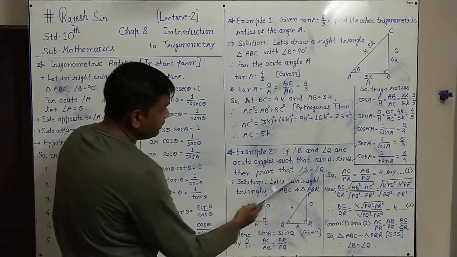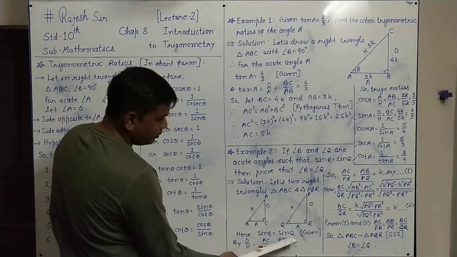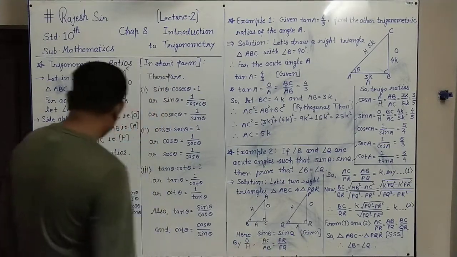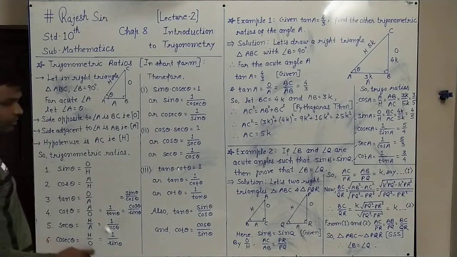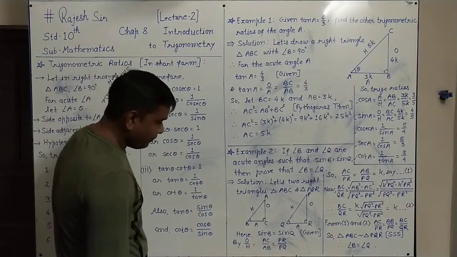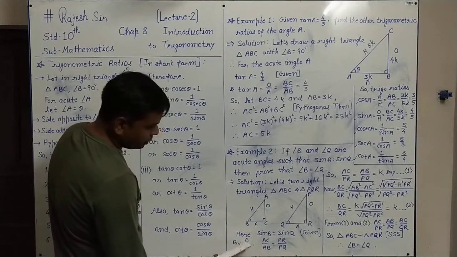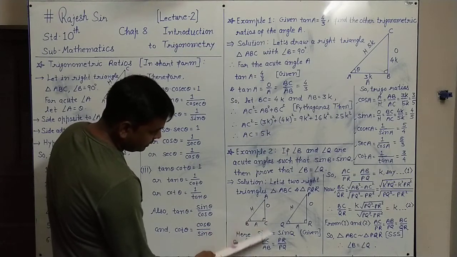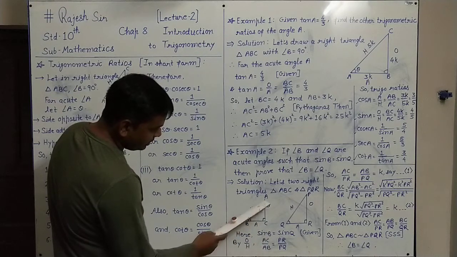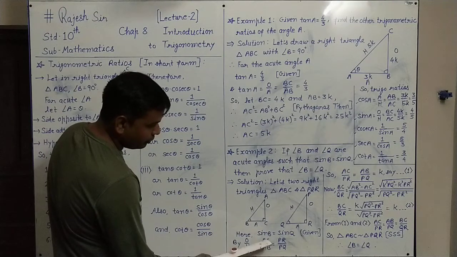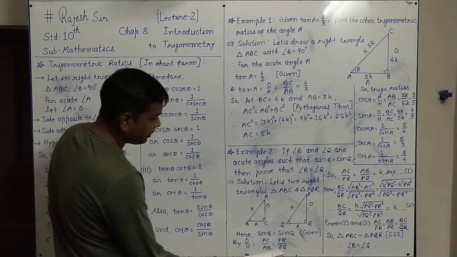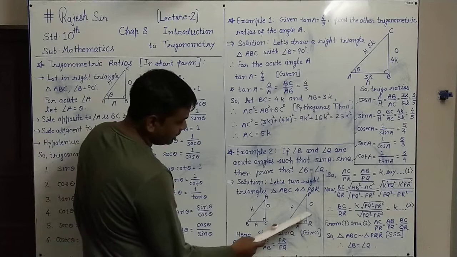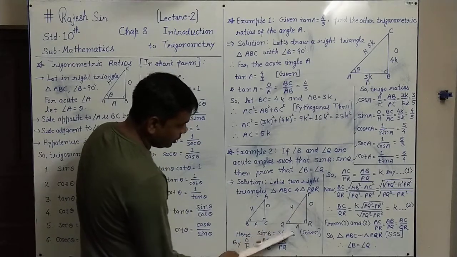So in the question, it is given that sin B equals sin Q. We start with that given. You know that sin theta equals opposite upon hypotenuse. Both sides have the sin function given. So by O upon H, that is opposite upon hypotenuse, sin B, B's opposite side is AC, upon hypotenuse AB. That is what we have written for sin B, the formula, equals, for sin Q in this triangle, opposite upon hypotenuse, that is PR upon PQ.